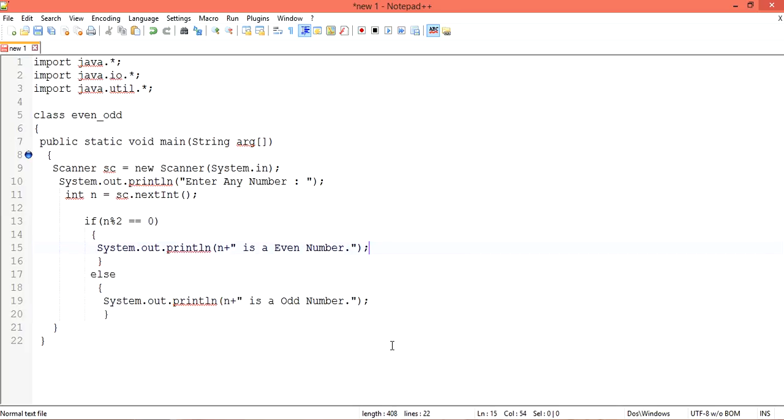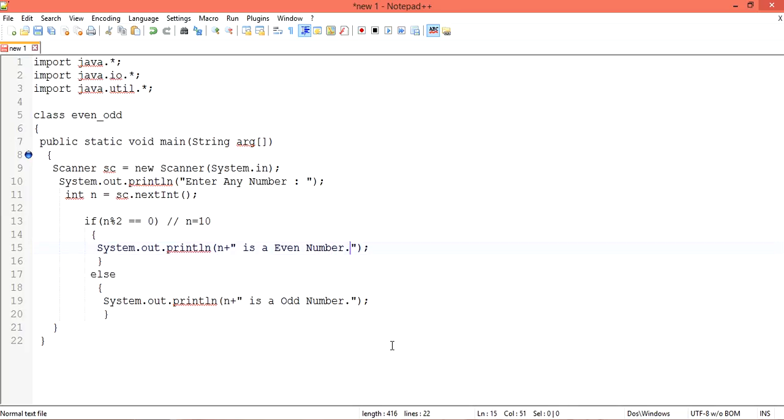Now assume we have n equals 10. The 10 is an even number. Then check the if condition: 10 mod 2 equals 0, the condition is satisfied, so it is true. Then it comes inside the if condition and prints that 10 is an even number.